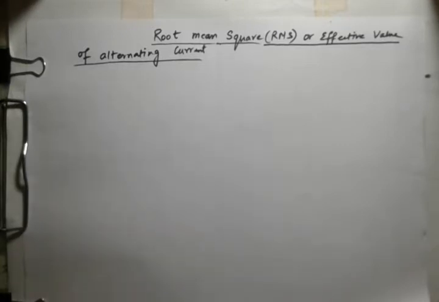Now, root mean square value of an AC is defined as that the steady current which produces the same amount of heat in a conductor in a certain time as is produced by an AC in the same conductor during the time, that means T times, that is in full cycle. Okay, so write down the definition.